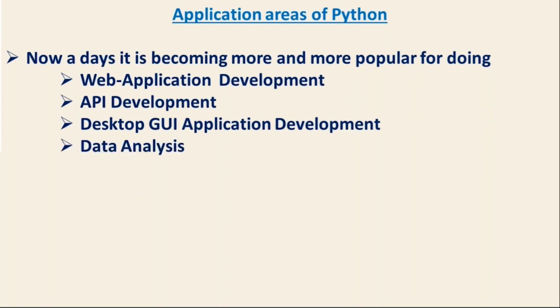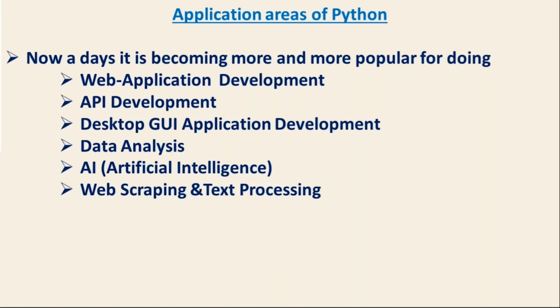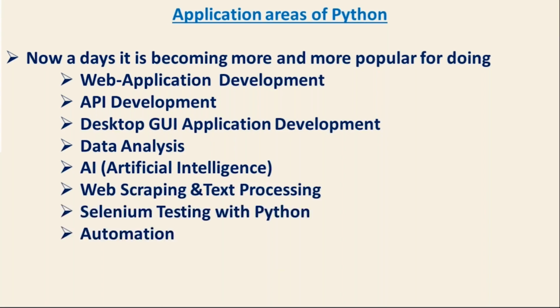And then data analysis, data analytics, artificial intelligence. AI is very popular, right? And Python is extensively used on the AI side. Then web scraping and text processing, Selenium testing, and then automation. Not only these areas, there are many more other areas as well, but these are the major areas in which